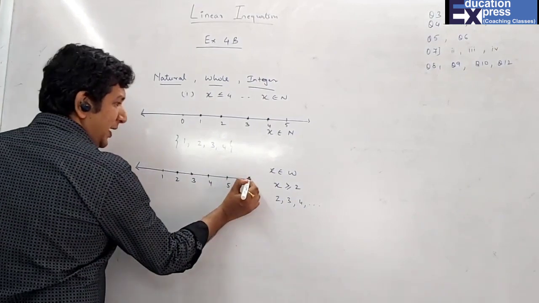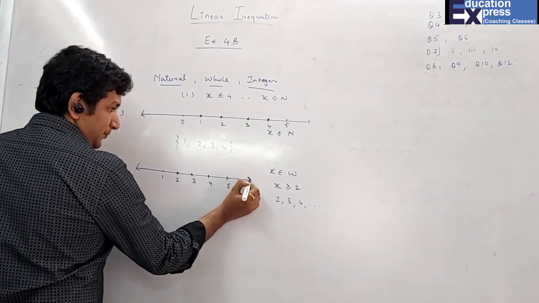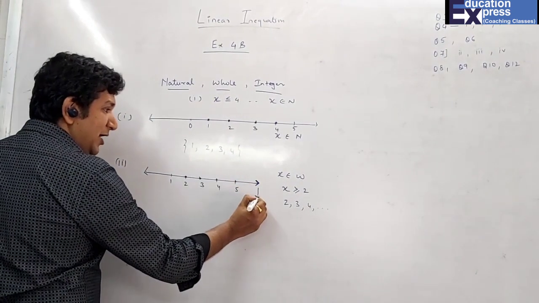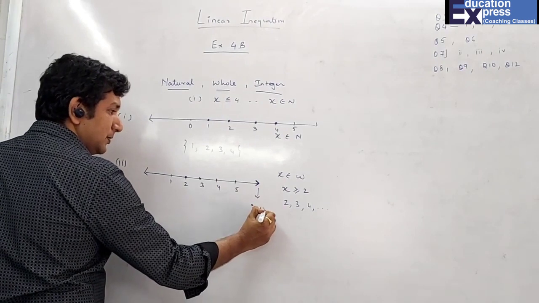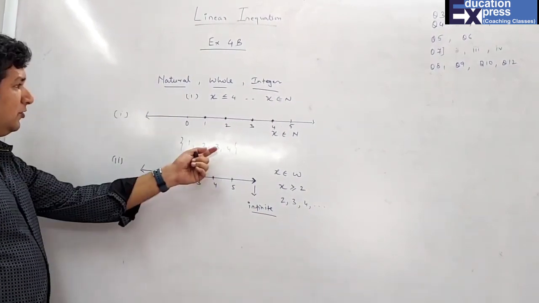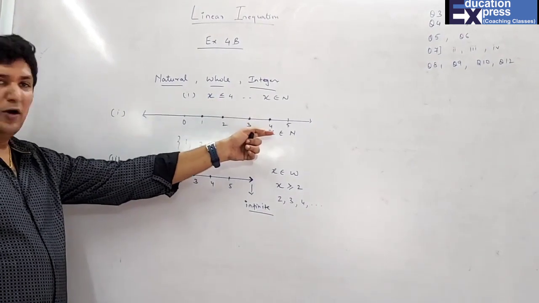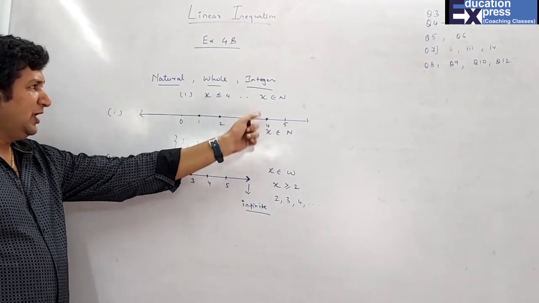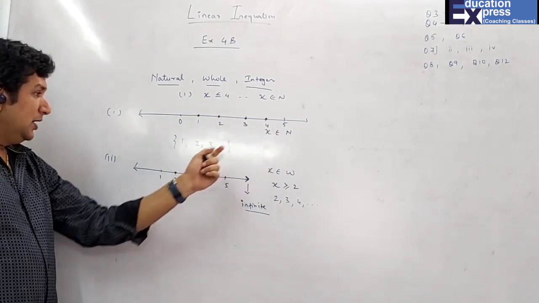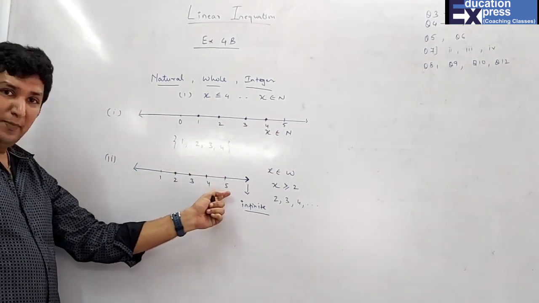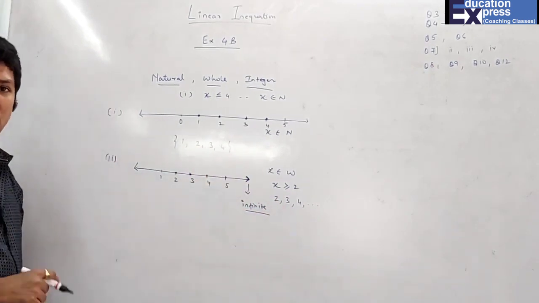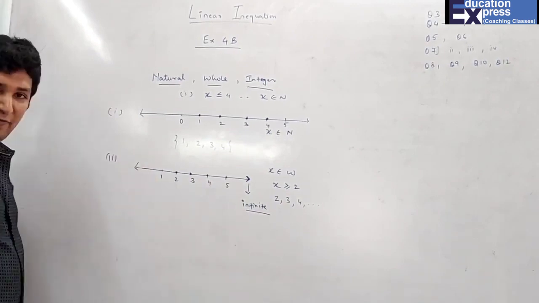And then at the last, you make this arrow dark. This dark arrow means it is infinite. Here I gave an example where 4 was the last number, so obviously you take one number ahead of it and then mark the natural numbers. For whole numbers also you mark the whole numbers, but there is no limit. Hence on this side, I will mark a dark arrow showing it's infinite.